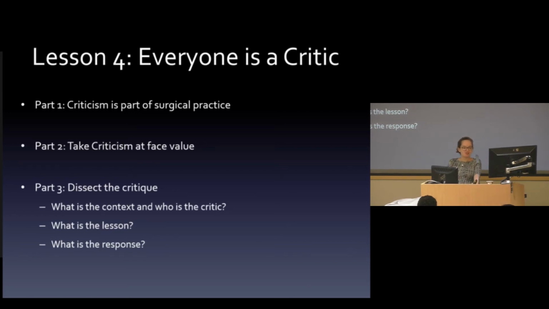And then once you realize the first two parts, it becomes a lot easier to look objectively at the critique and maybe get something out of it. Working through it in a systematic way, you can say to yourself, well, what's the context and who's the critic? Are there non-modifiable factors related to either that have to be taken into account, like a very distrustful patient or a really terrible call night? And what's the lesson? A lot of times this is just a linear conclusion. Like I need to have a better system for triaging consults. I'm always going to identify this vessel from this direction in this way, or I need to talk to this attending earlier or listen better to that patient.